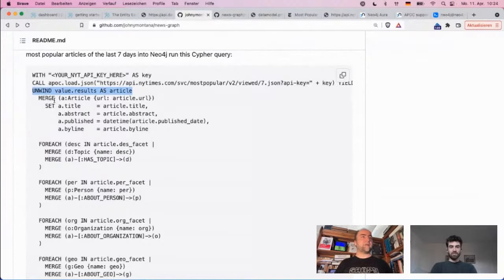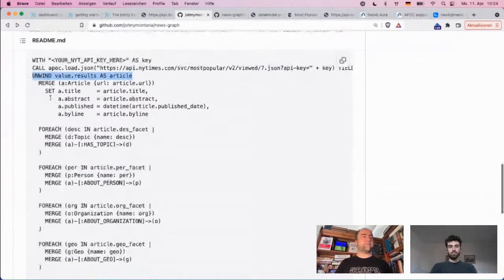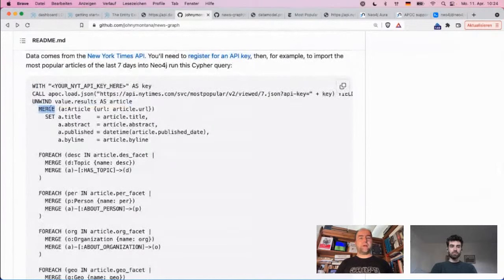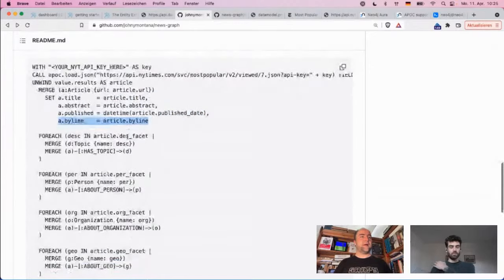Returns the article, and then we use initially merge, which is a get or create for Neo4j. So you either have the information already in the database, so it merges here on URL, which is kind of the public identifier, and so not the internal ID, but the public URL. So it's globally unique, basically. And then if the article already exists in the database, it will be just updated with the title, abstract, and the date and the authors basically, and then